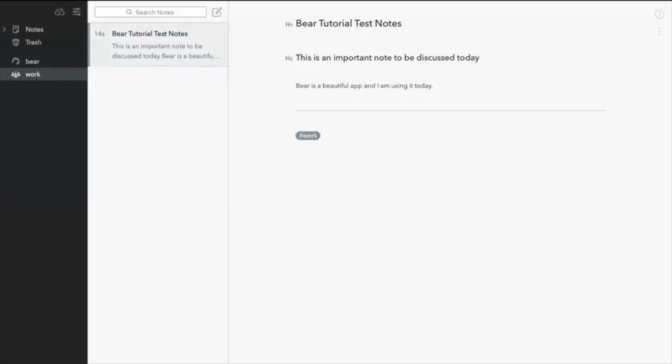So I did hashtag work. I'll say projects, and that's it. Now, if you go back over here, you see there is a subfolder projects. Similarly, you can create many subfolders within that project using the Markdown capabilities. It's a tagging facility, but it creates folders for you.